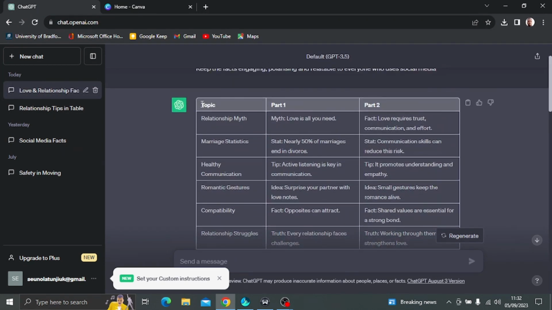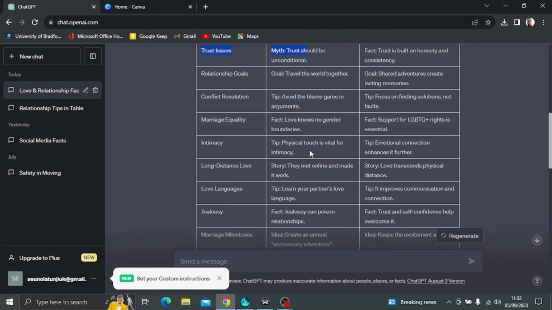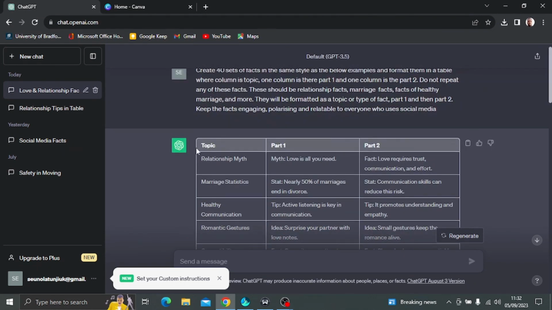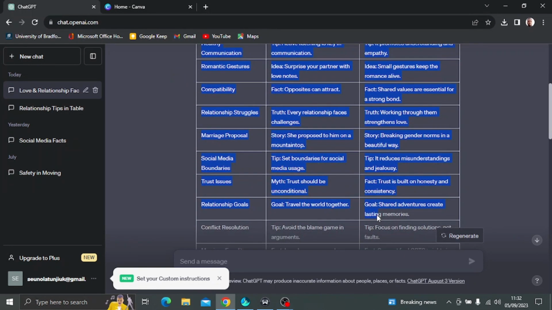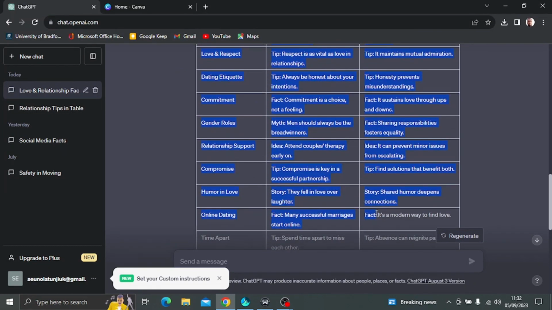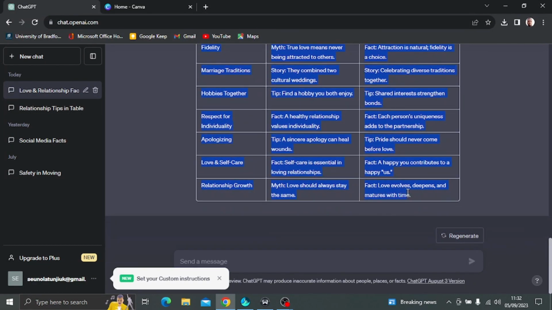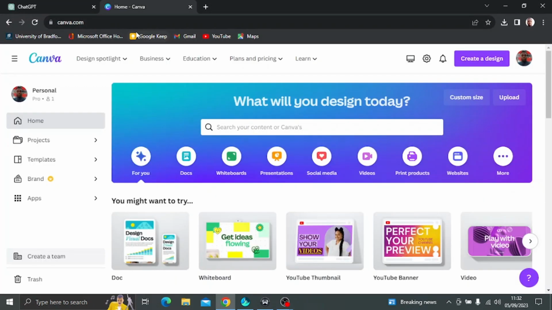The contents are ready. So what you do is you right click, scroll down. I like shortcuts, but I don't want it to copy unwanted stuff. I would have used Ctrl+A. So this is all selected. Then Ctrl+C. This is copied, and then I can go straight to my Canva.